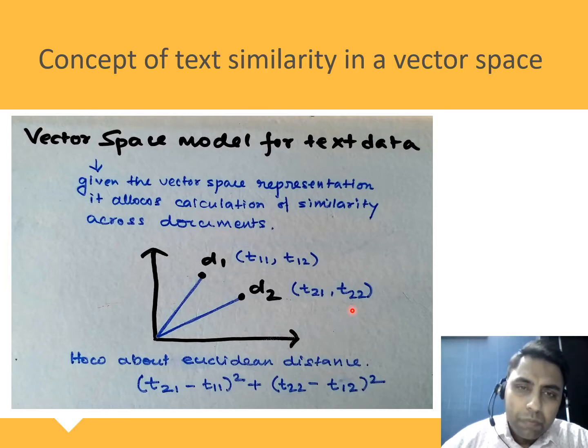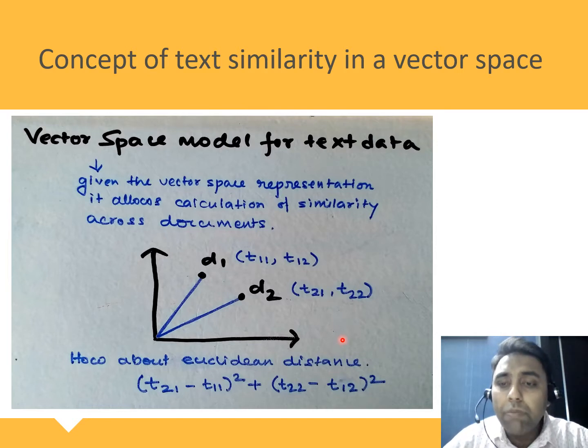Now, the fact that we are trying to represent documents in a vector space model has a reason. The reason is, we want to calculate similarity or dissimilarity between different documents. So we want to define some kind of a measure, and it always helps if you can represent them in a vector space, because then you can work out different metrics. So in this case,